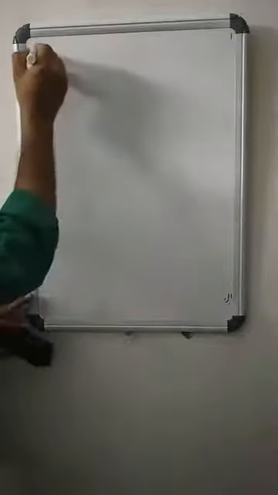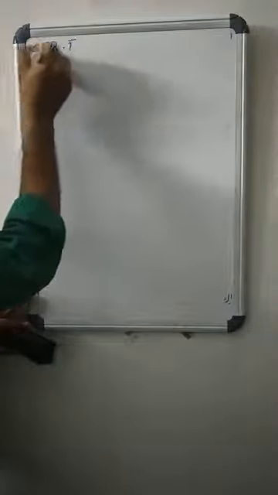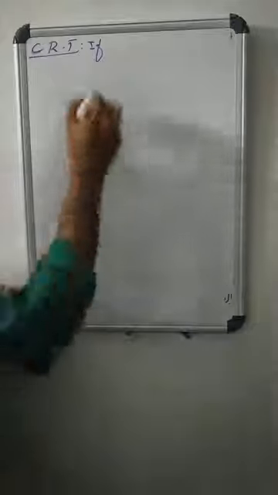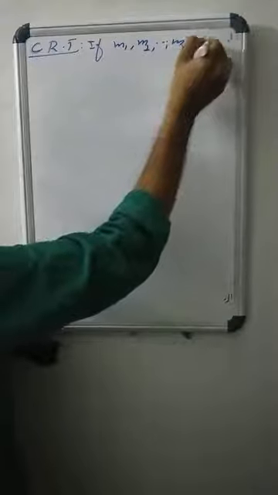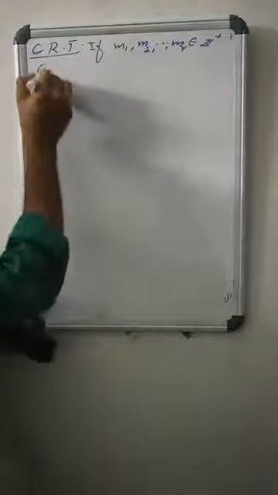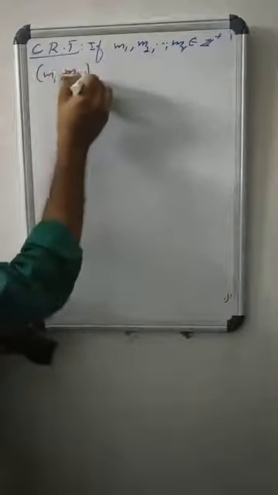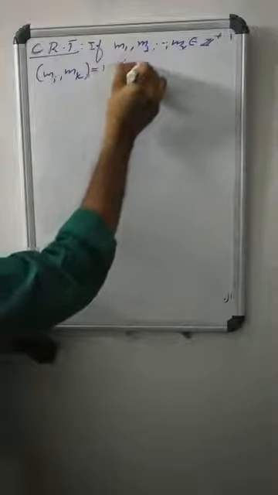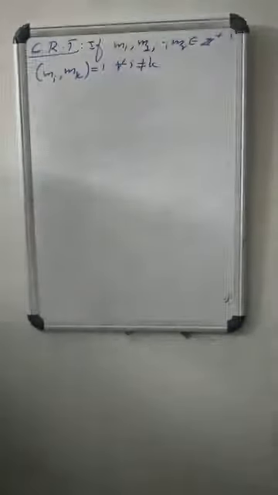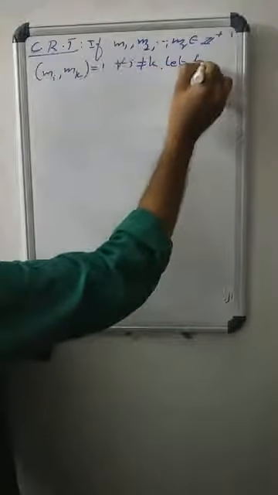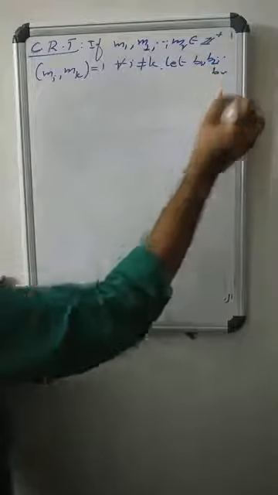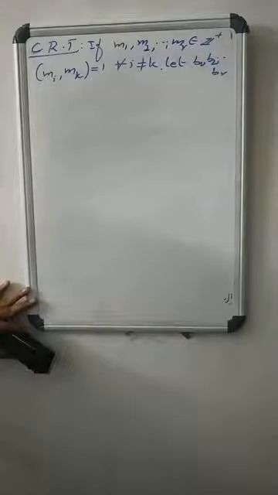The theorem states that if m1, m2, etc. mr are positive integers, and they are relatively prime in pairs, that is, GCD of mi and mk equals 1 for all i different from k, and let b1, b2, etc. br be arbitrary integers,